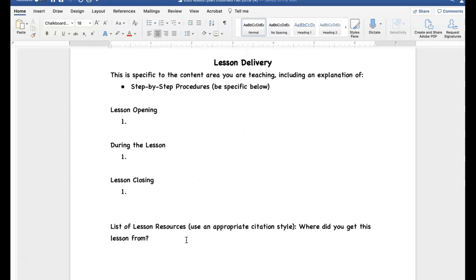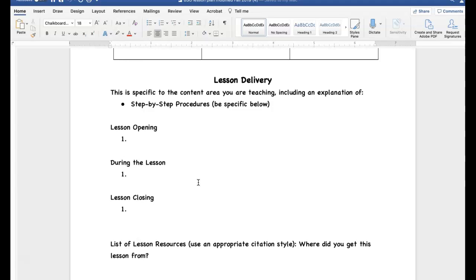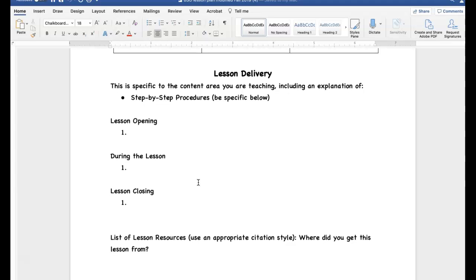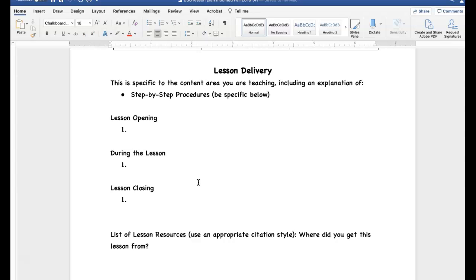Now, just a quick thing about the components of the lesson or the actual activity that you're doing. I don't want you to make this up yourself. You don't have to do that. Get it from somewhere else. Find a resource online that goes along with the book that you've been using. I really want to encourage you to do that kind of research. Don't pay for anything on Teachers Pay Teachers, but get ideas from what's being done online,